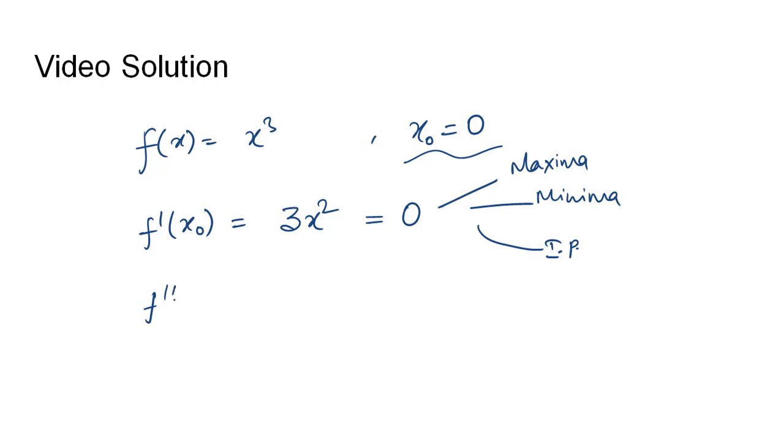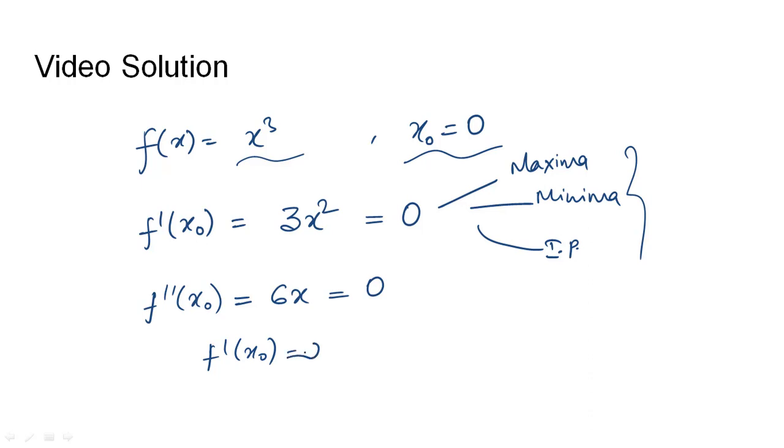Trying to find the double derivative to confirm which of these three possibilities exists. The double derivative of x cube would be 6x. Substituting x0 equals 0, this would give 0. So here we can see that f dash x0 is 0, and the double derivative of the function f at x0 is also 0. This ensures that the point is neither a maxima nor a minima, but rather